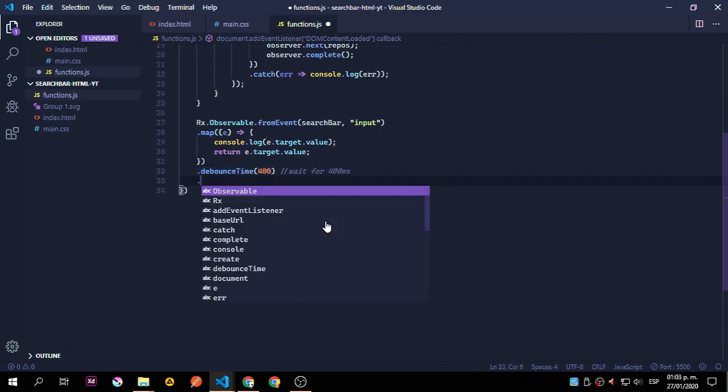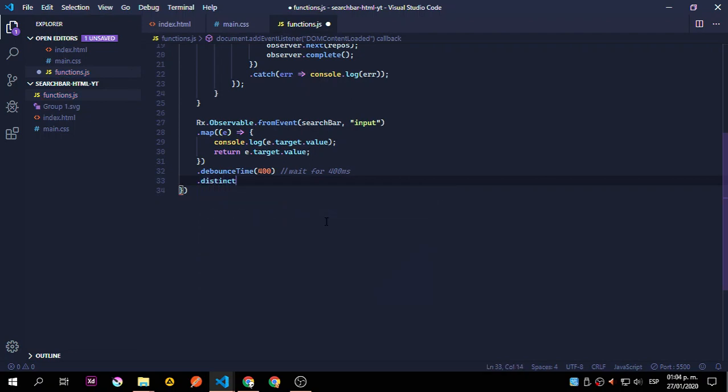the next chain, that is the distinct until changed, which is going to check for changes, check if the value that we're receiving is different, check if the term is different, and switch map,